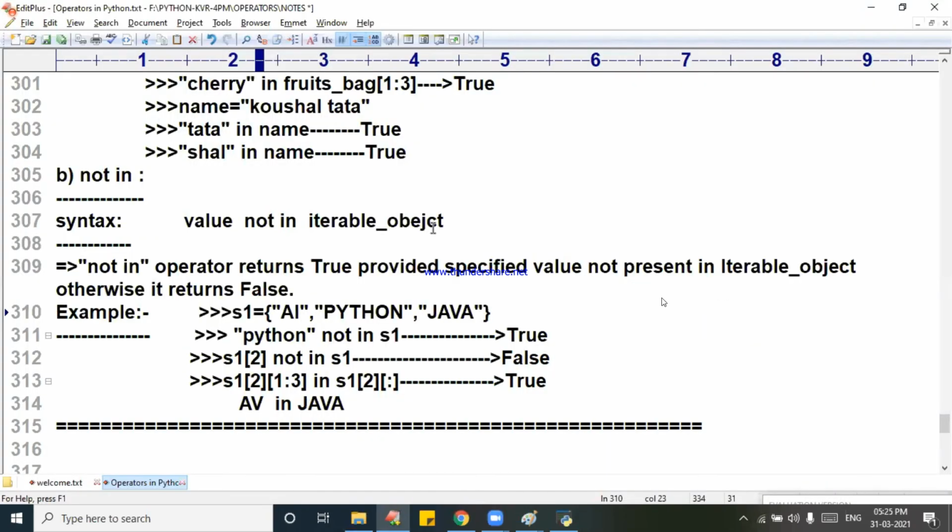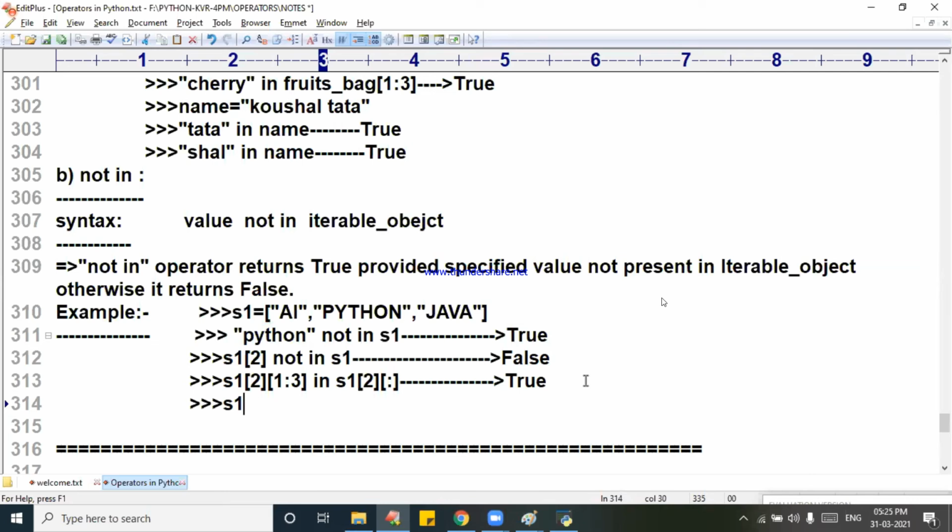Now come to the point. Now this is called true is returning. Then instead of this, I will take list or whatever you like. I will change the bracket so that it will work out perfectly. Now write down. When I use this bracket S1 of colon, already we explained slicing. Beginning position I am not specifying, ending position also not specifying. It will take from the beginning up to the end character.